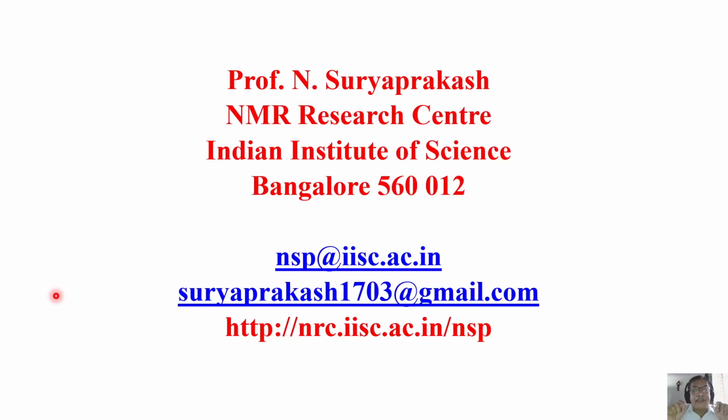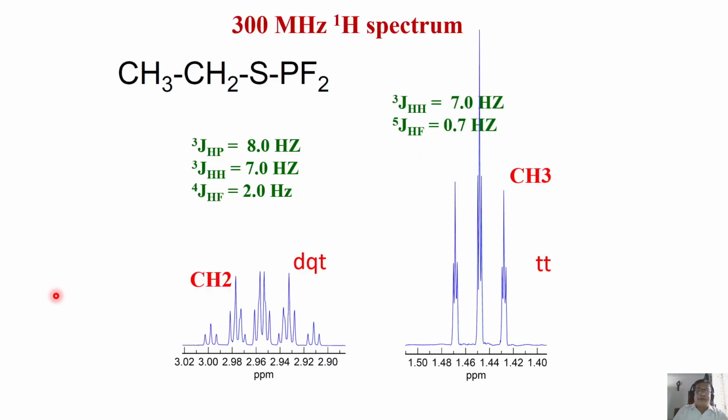First thing you have to make is the assignment of all the peaks, and this is how we started the analysis. Before I end this analysis of the proton spectrum, in the last class I gave an example where there was a fluorine coupling. I'll continue with this. A proton can experience simultaneous coupling with multiple heteronuclei. I'll show that example and also discuss how sometimes it may appear that a peak is missing. It may not be missing. It will still be present, but you should know how to extract it. I'll give one or two examples like that, and then we'll go to carbon-13 NMR.